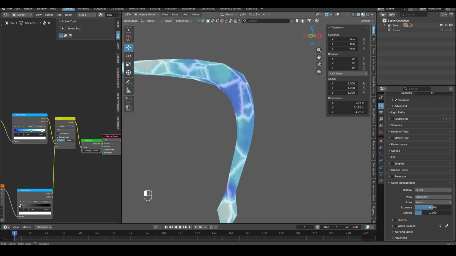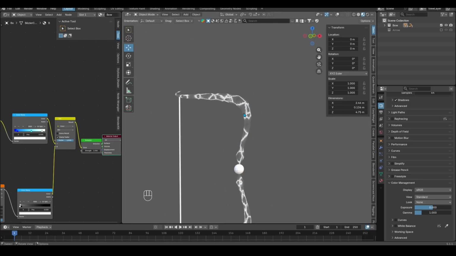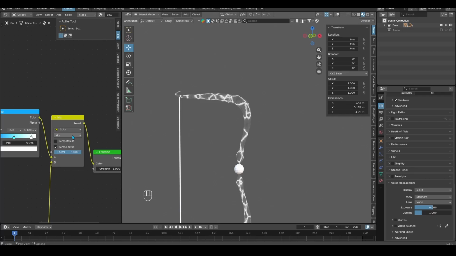If I set factor to 0, I only get the color. If I set factor to 1, I only get the frosty divided effect. I want to blend these two together. And Blender gives you a lot of options to blend these two together, starting with darken. So I'm going to click on darken,